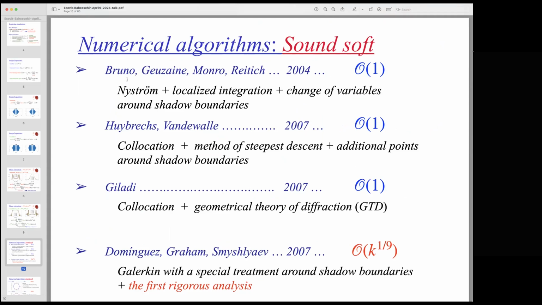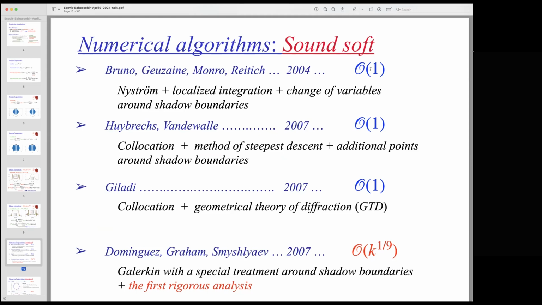The first one was due to Bruno, Guzen, Monroe, and Reitik in 2004, based on a combination of main principles. The results they obtained displayed that the number of degrees of freedom is fixed. It need not increase with increasing k. And a few years later, some other methods came out, but these three methods up here